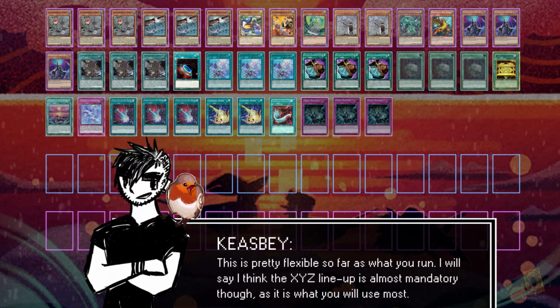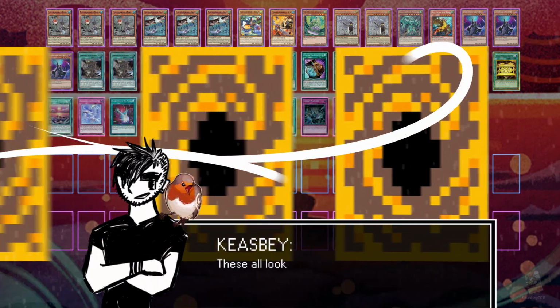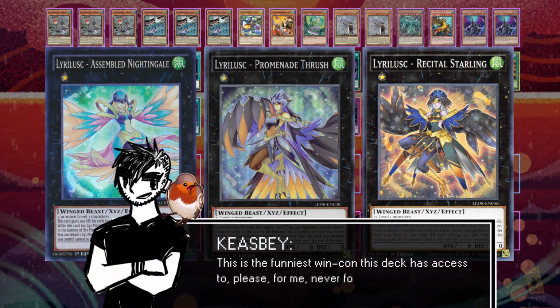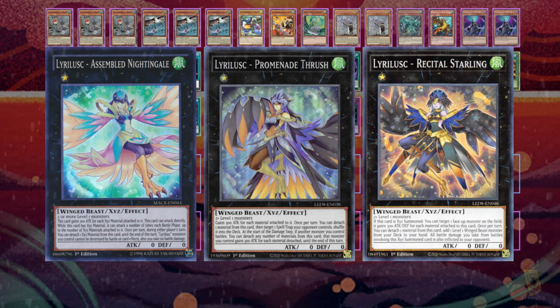So the part of the extra deck you will be going into most often, if you are using it at all, we've got our Lyrilisks: Recital Starling, Promenade Thrush, and Assembled Nightingale. In order of usage, Recital Starling can ram into an opponent's monster, dealing the damage to both players. She also has an effect to add a level 1 winged beast from your deck to your hand. I've never actually used this portion of her effect, but it's good to be aware of in a really weird